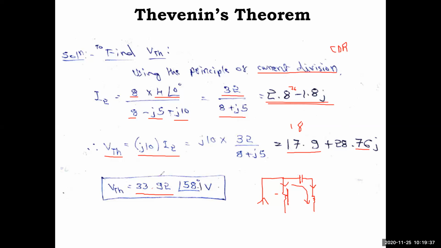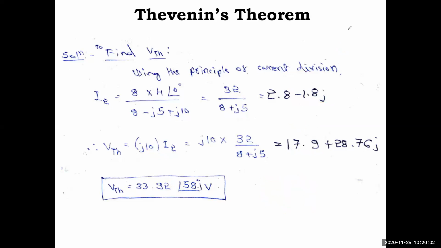I got 33.28 by using this answer, 8.8, 2.8 minus 1 point. So you can use this answer also. See how it is possible for you. And if you make shift equal to, you'll get the angle 57 also, 58 also. So just verify that, and you'll get the answer. So this is the VTH. Some approximation changes will happen because of the factors. We'll approximate it to 2 or 3 decimals, but the complete answer is taken in the calculator.